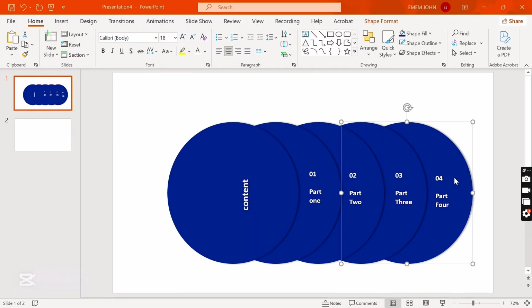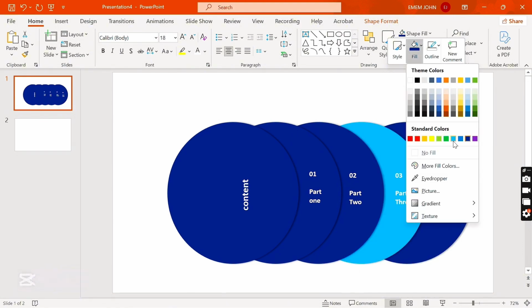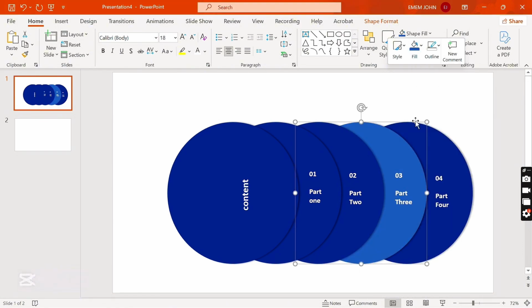Now we have to change this color to make it more aesthetically pleasing. Now click on each of the shape. Go to shape view. Go to, let me use